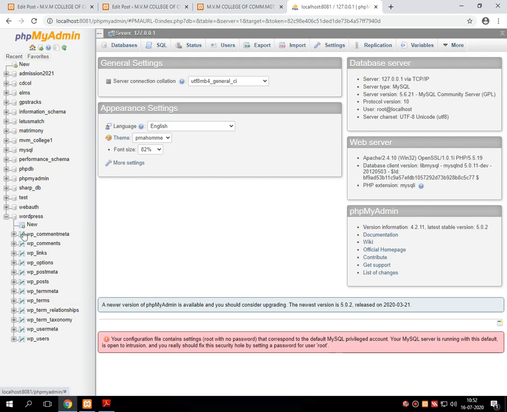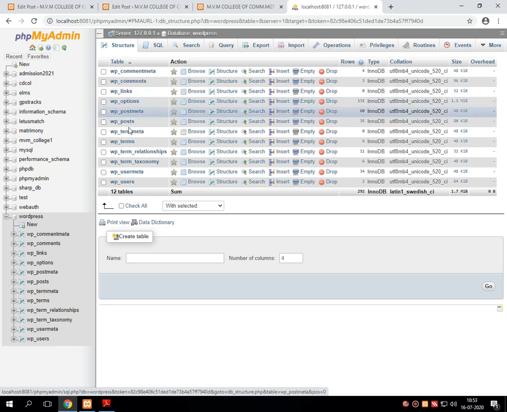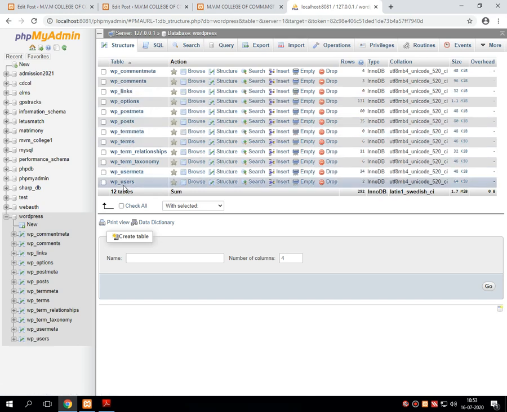The tables are like this: wp_commentmeta, wp_comments, wp_links, and so on. I will not repeat all of these, but here wp means WordPress, the underscore is a prefix, and the name of the table follows. I will not describe all of them right now, but first I would like to show you wp_users.